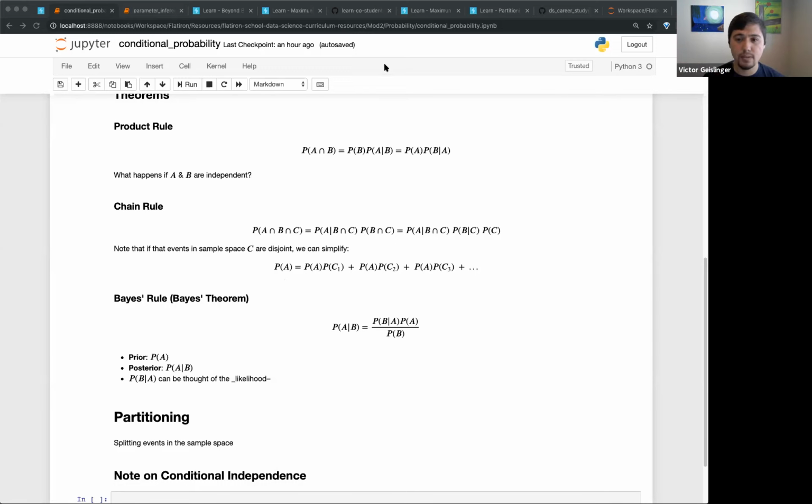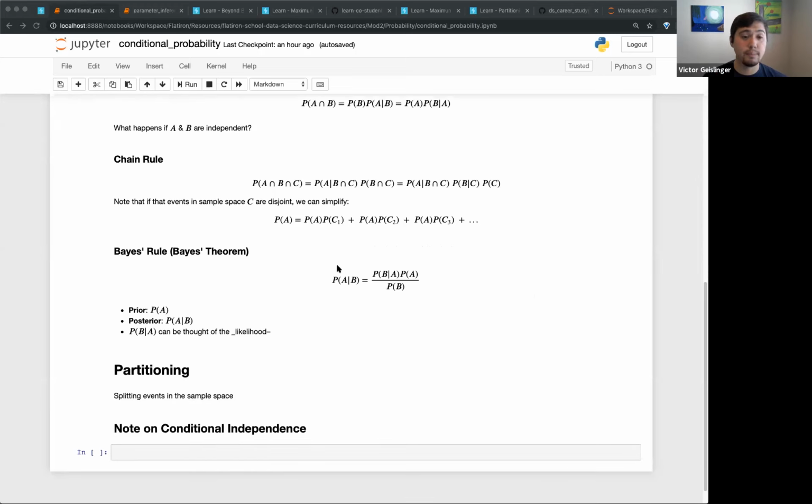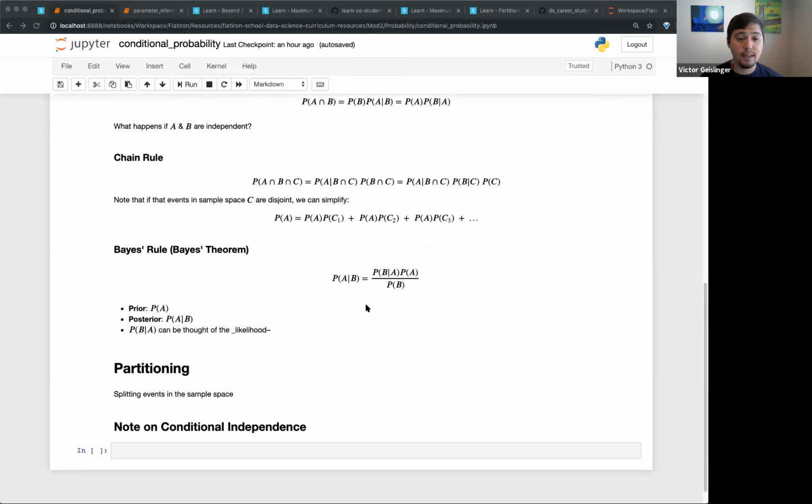Right? And this next one is probably the biggest thing, people say: Bayes' theorem, our Bayes' rule. This is an association which allows us to update our probability as we go through. It says that if we want to know how often A happens given that B happens, all we have to do is figure out how often B happens given A, times the probability of A, over the probability of B.